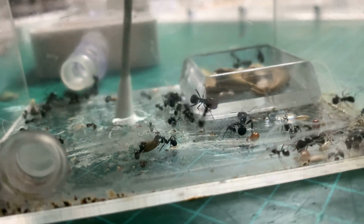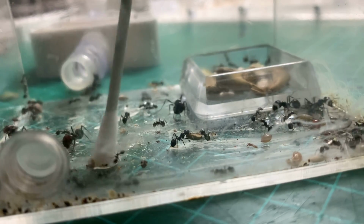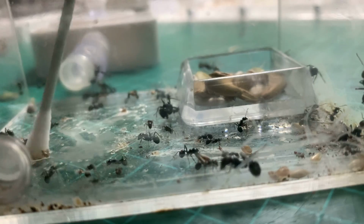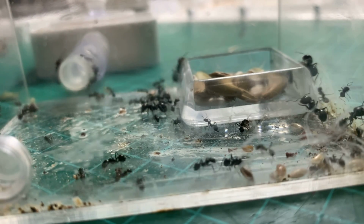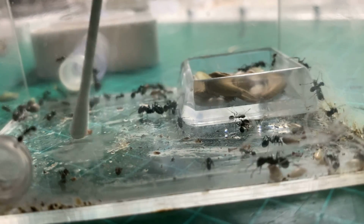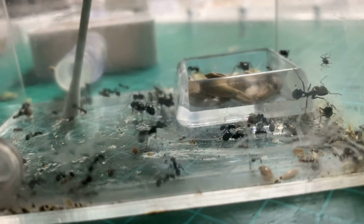So what I've done is I've got a cotton bud and wet the end, as you can see here, and I'm using that to loosen up all the gunk that's on the bottom of the outworld to try and clean it up. Generally speaking, the ants avoid it, but I do get ants on there, and I just take them off with my tweezers or flick them in or drop them in. As you can see, a couple dropping from the ceiling just then. And then once I've wetted a significant area and given it a chance to soak in, as it were, so it can loosen it all up,